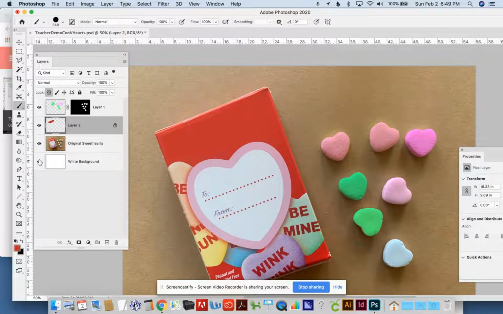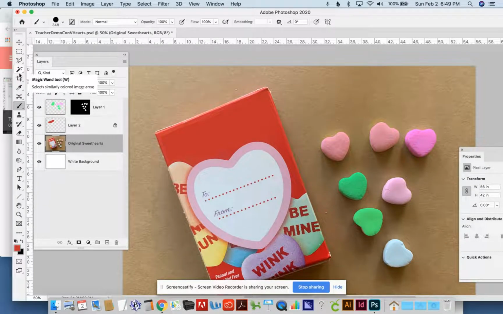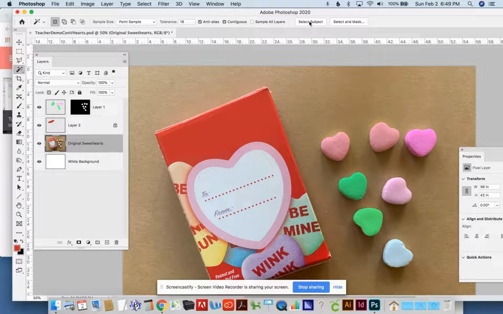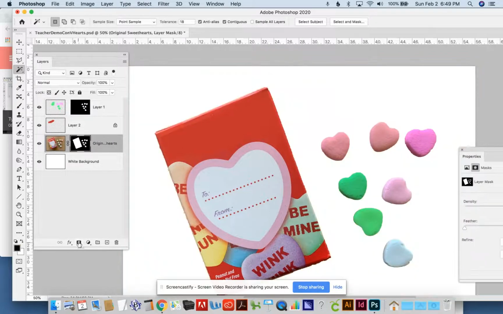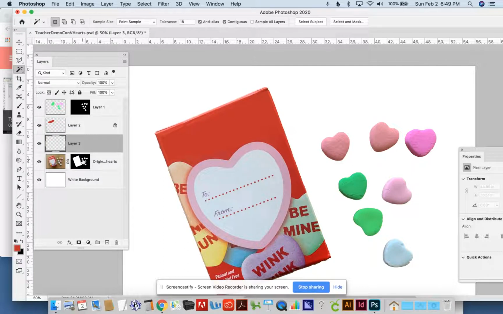So we'll get everything back up, and now I've erased the name. You can go back now to the original box, and you could go back to your selection tools, just W, so that we can get this cool tool up here, select subject, and it selected everything. I'll make another mask, and then I'm going to make another layer and drag that up